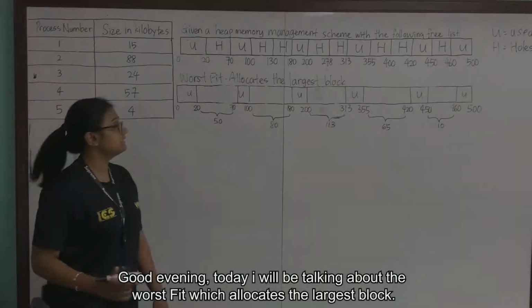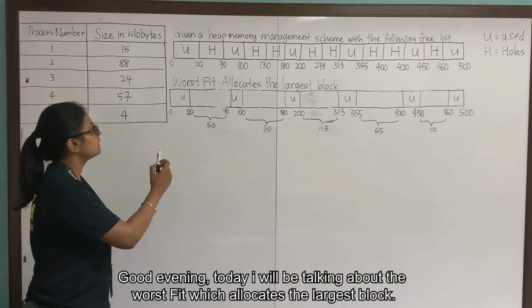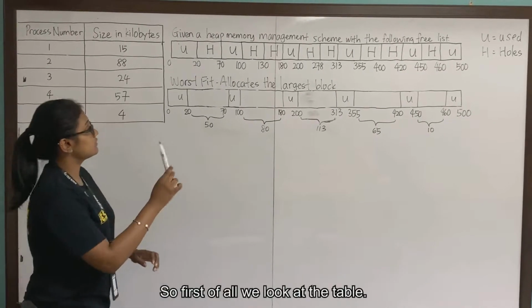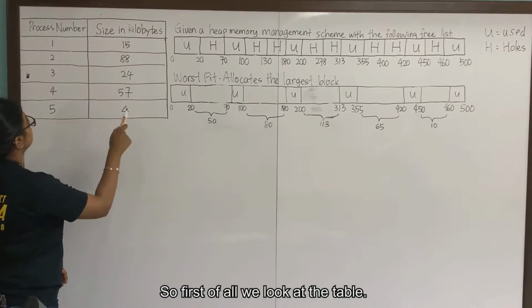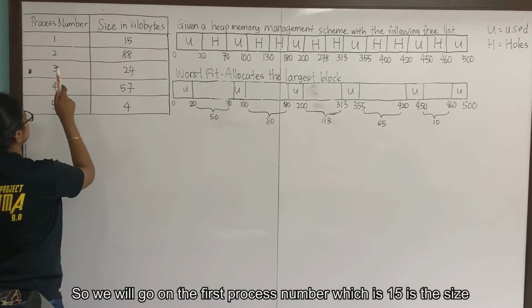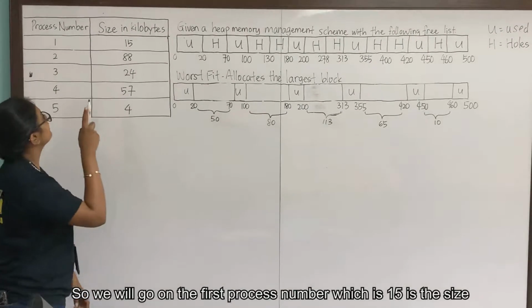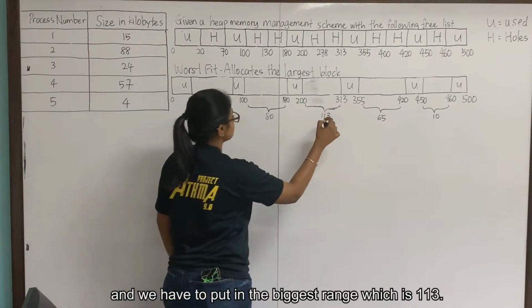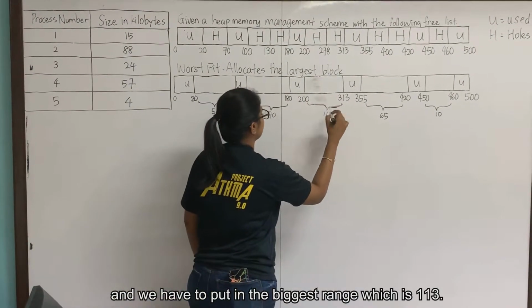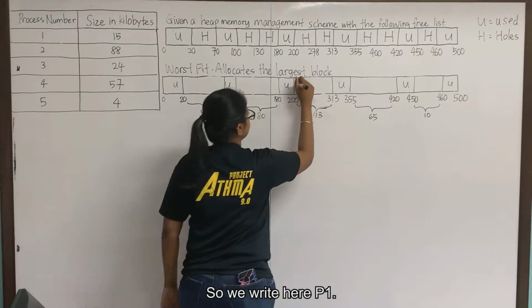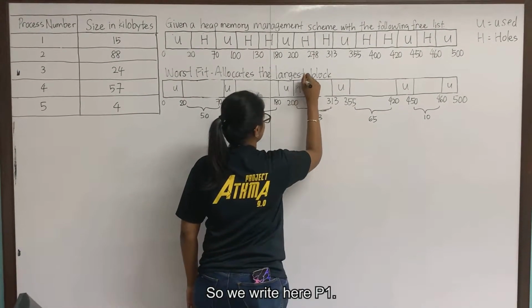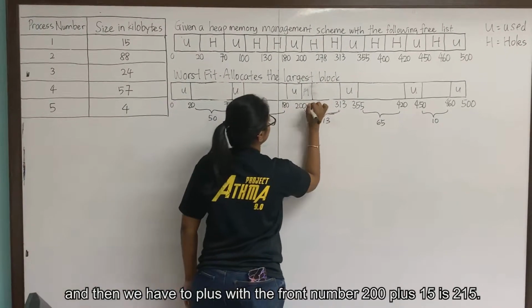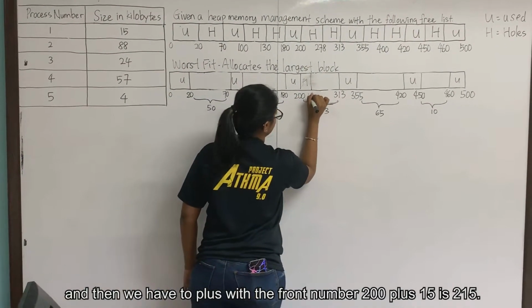Good evening. Today I'll be talking about the worst fit, which allocates the largest block. First of all, we look at the table. We will go on the first process, P1, which is size 15, and we have to put it in the biggest range, which is 113. So we will write here P1, and then we have to add the front number, 200 plus 15,